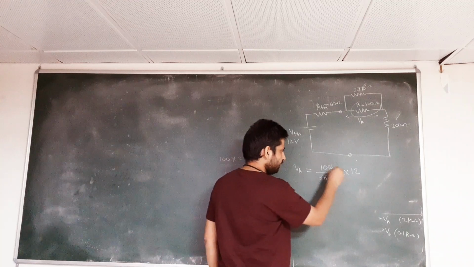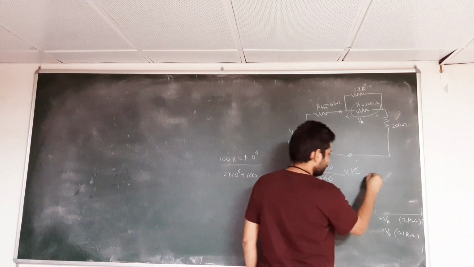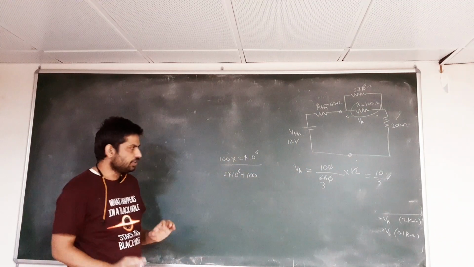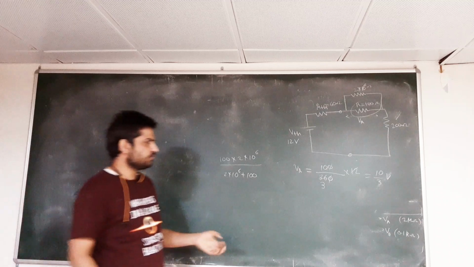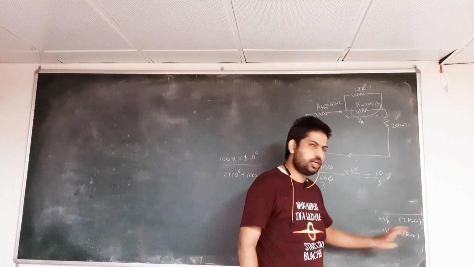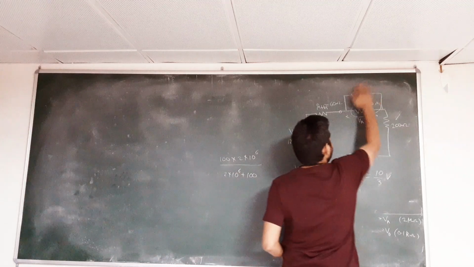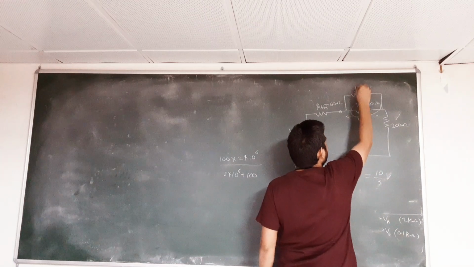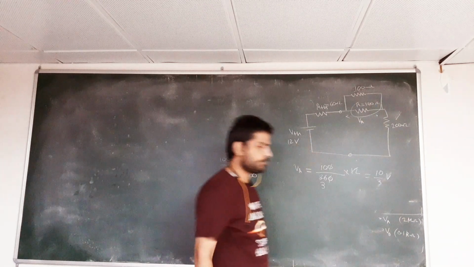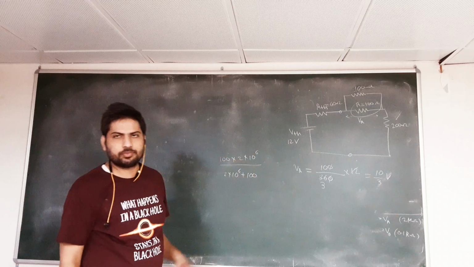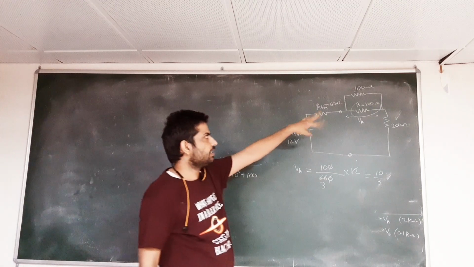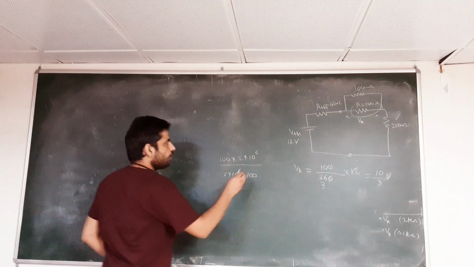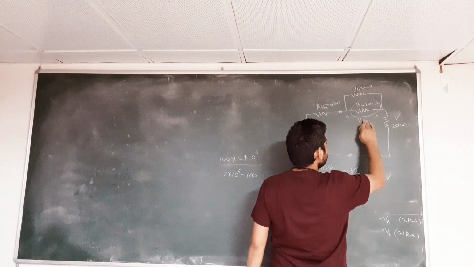This 0 you can cancel, and this you can cancel by 3. So it is actually 10 by 3. Let's do the same thing with another voltmeter of resistance 0.1 kilo ohm. So now this resistance is actually 0.1 kilo ohm or 100 ohm. Now the equivalent resistance of the two will be 50 ohm because two equal resistances are connected in parallel. So if you connect a 100 ohm resistance, it is a voltmeter.